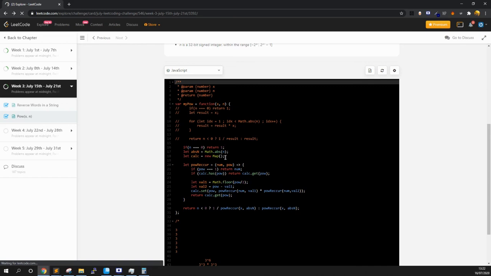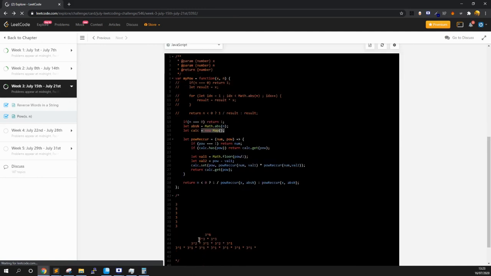So we added a functionality that is called memoization, which is, since we noticed that some of the calculation was done multiple times, we saved that value and we just returned that value. So for example, here 3 to the power 6 is 3 to the power 3 times 3 to the power 3. Why calculate it twice if you already calculated it once? So we save that value, it's called memoization, in this map, and we just output that value straight away if we've seen it before. If you want to learn more about it as well, you can look into